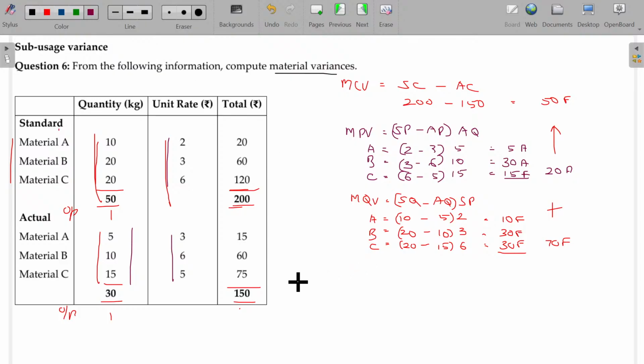Next one is all about material mix variance. I am segregating this into mix variance as well as yield variance. But if we don't have the yield variance, then you can use sub-usage variance. In MMV,